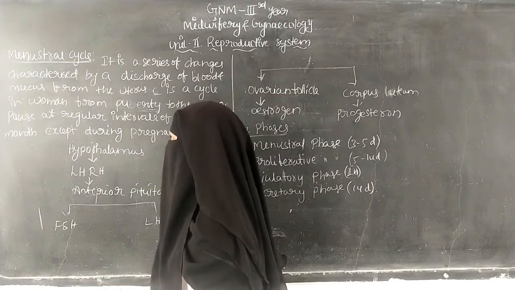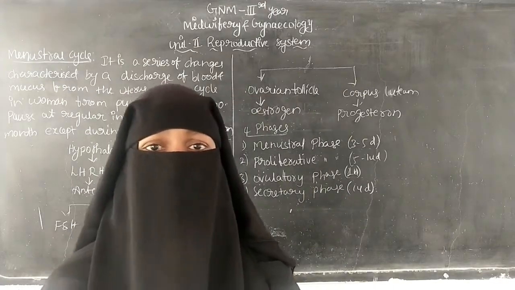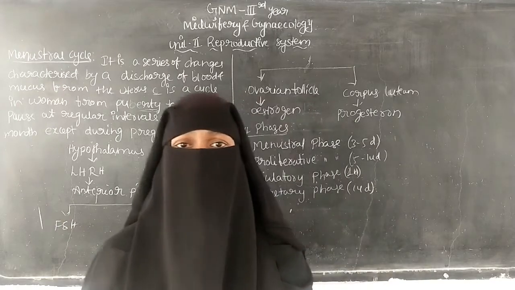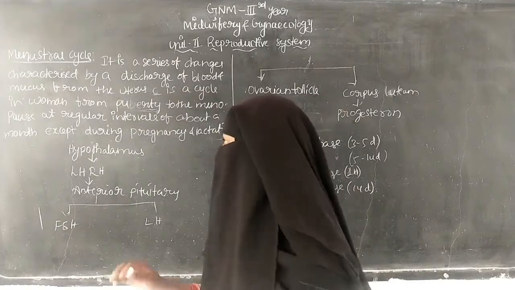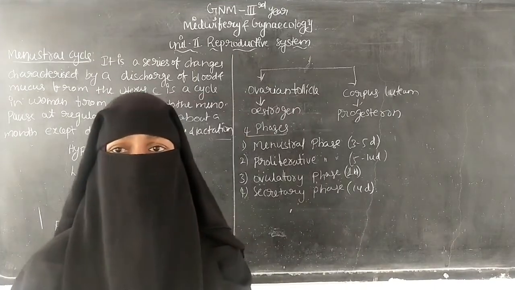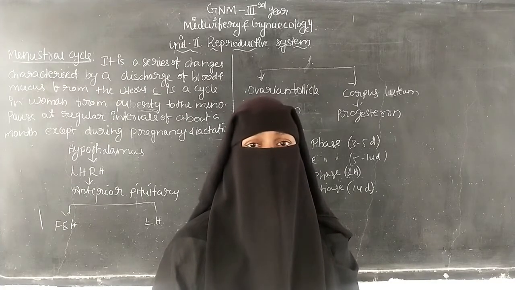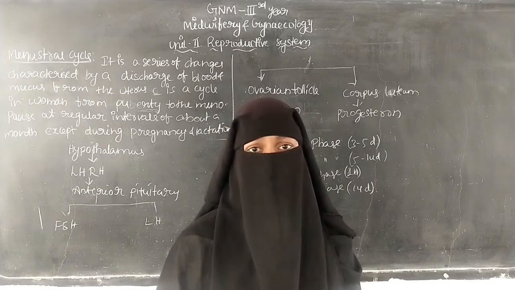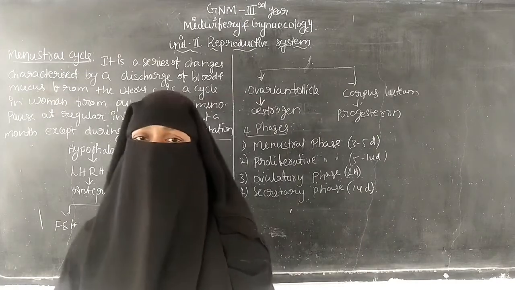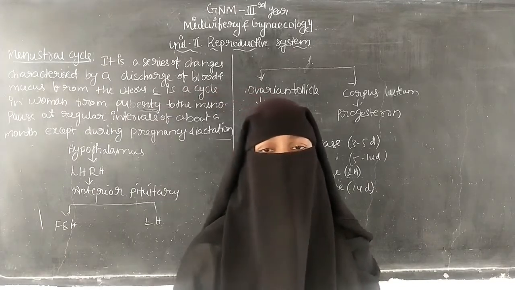So it is the menstrual cycle. The menstrual cycle starts from puberty and continues until menopause, at regular intervals of about a month, except during pregnancy and lactation. During pregnancy and lactation the menstrual cycle stops, and after that it continues as the same. In the menstrual cycle, changes occur in the ovaries and the uterine walls,